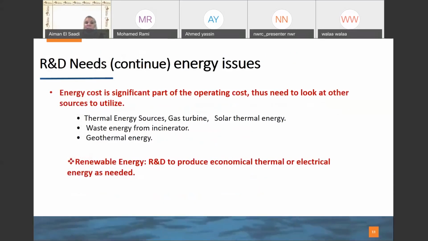Regarding energy, cost is a significant part of the operating cost. We need to look at other sources to utilize, such as thermal energy, gas turbine, solar thermal energy, waste energy, geothermal energy, and so on. And in Egypt, we need to use hybrid energy to reduce